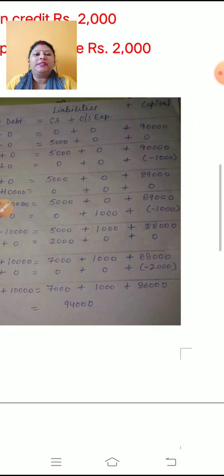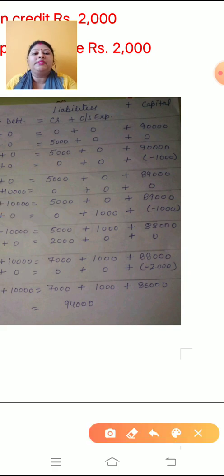Now liability side, in the outstanding expense column you have made, you have to write down 1,000 because it is due, but after a year or after a month you have to pay that amount. So from the capital you have to decrease. Okay. Remember this outstanding expenses transaction. What you have to do? You have to write down in the outstanding expense column plus, and subtract from the capital. Okay, no effect on the asset side, only effect you have to show in liability and capital.